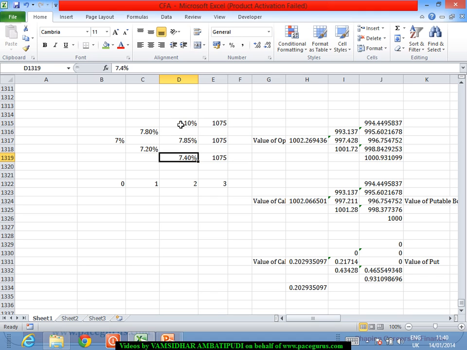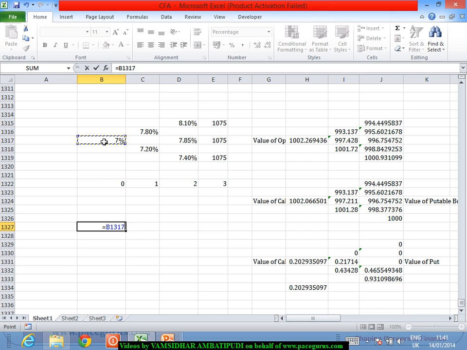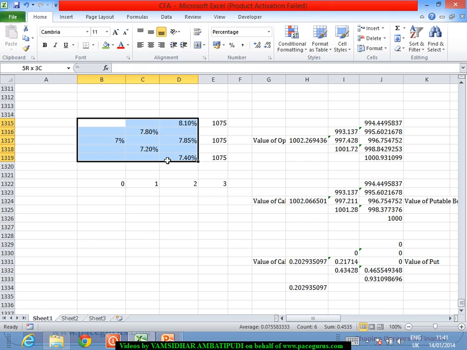So, if I make some kind of improvisation here, instead of considering 7% directly, probably if I take it as 5%, and I assume the spot rates are like this, based on an interest rate tree,